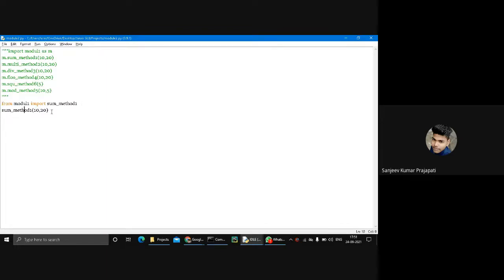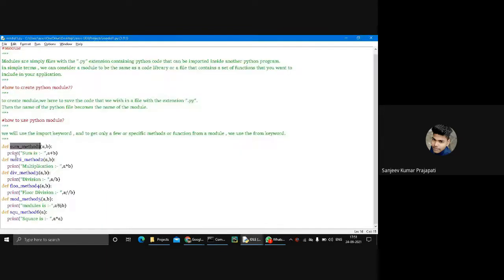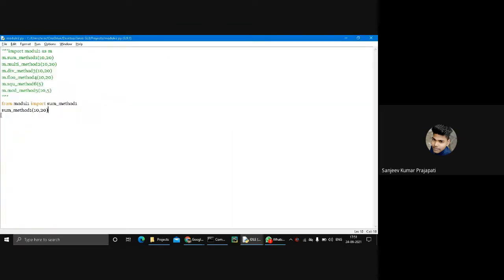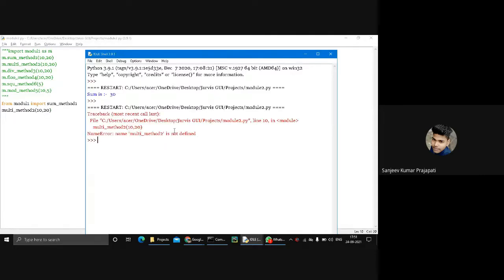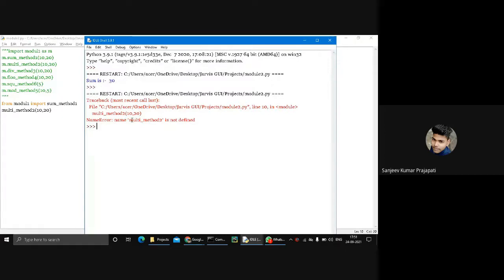Now I want to perform some other operation like the multi method, 20 comma 20. We are getting an error. So why are we getting an error? Any idea?